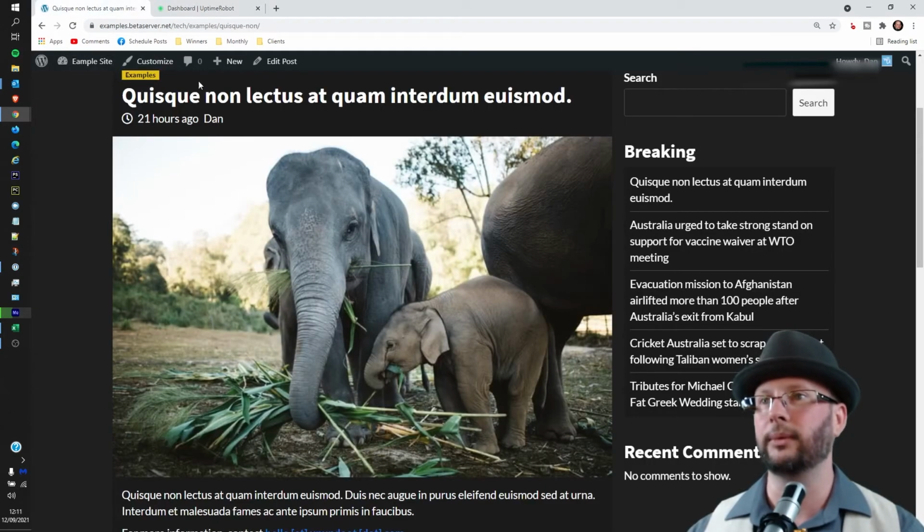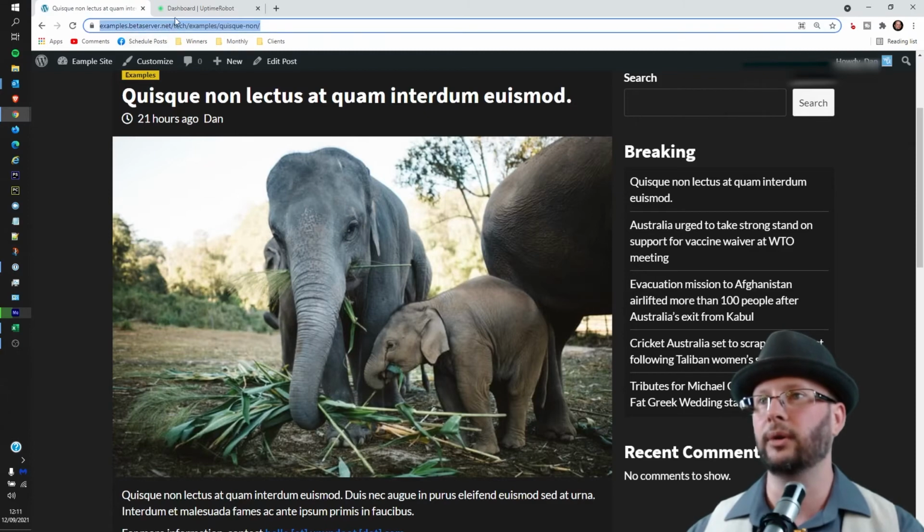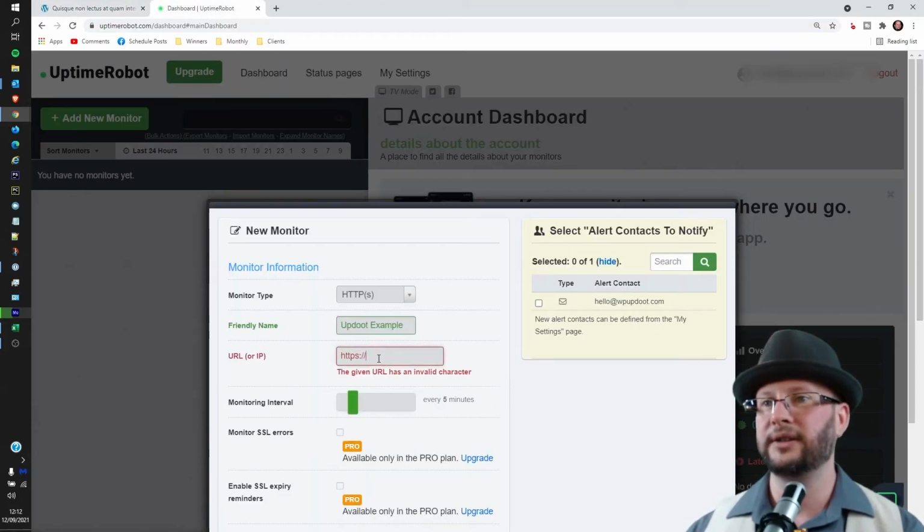So we'll go back to the website, up to the URL bar there, and we want to grab the whole address of the website, but we don't need any of this stuff. So we just want everything up to the slash before the URL there. Paste that in,